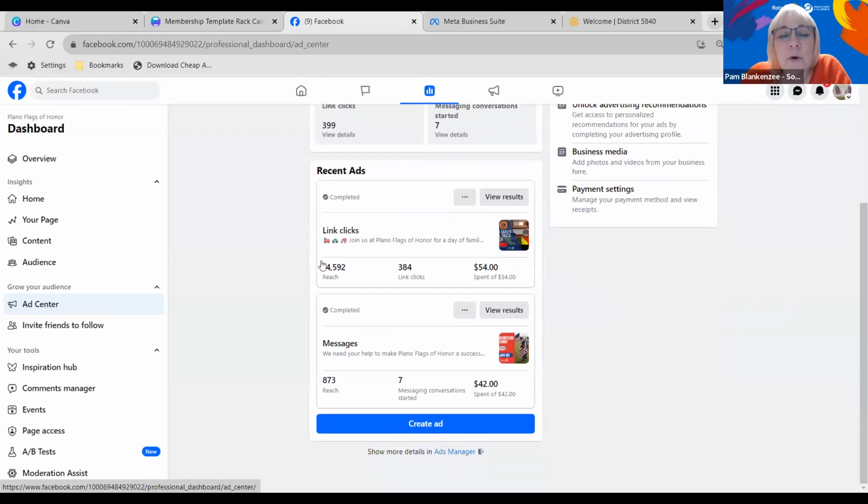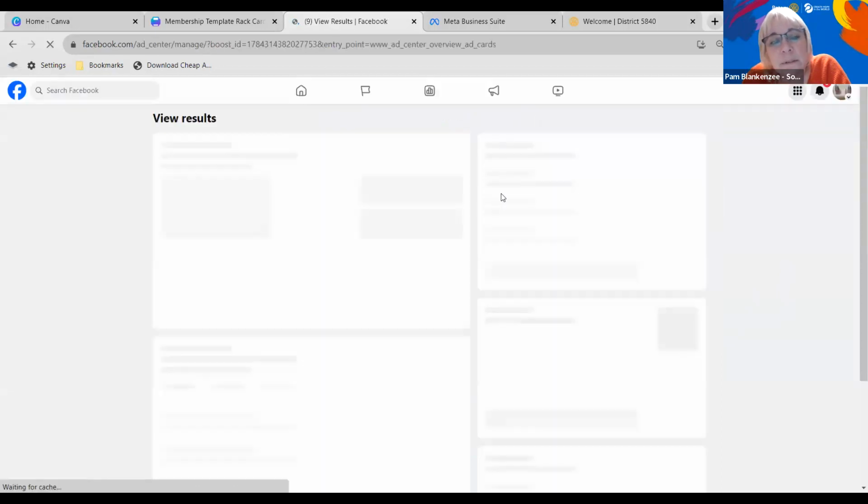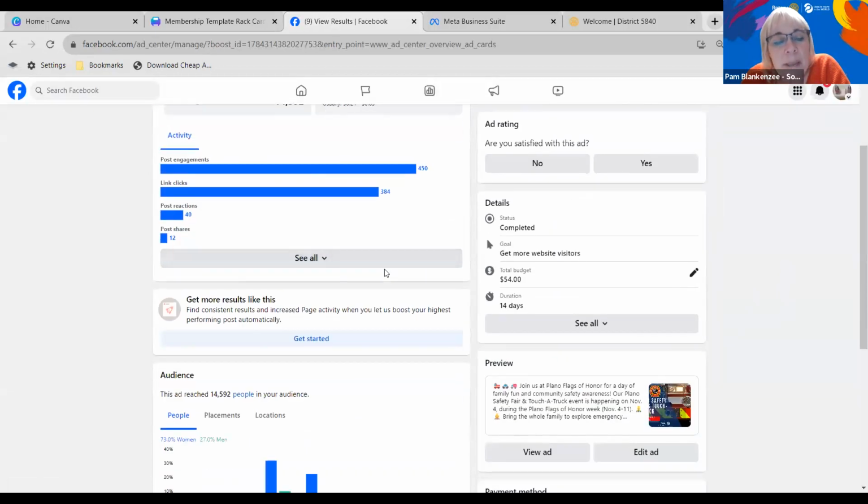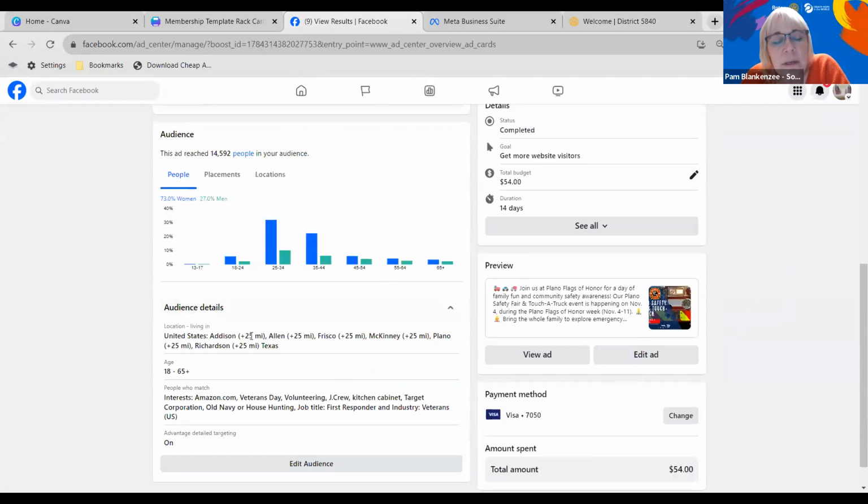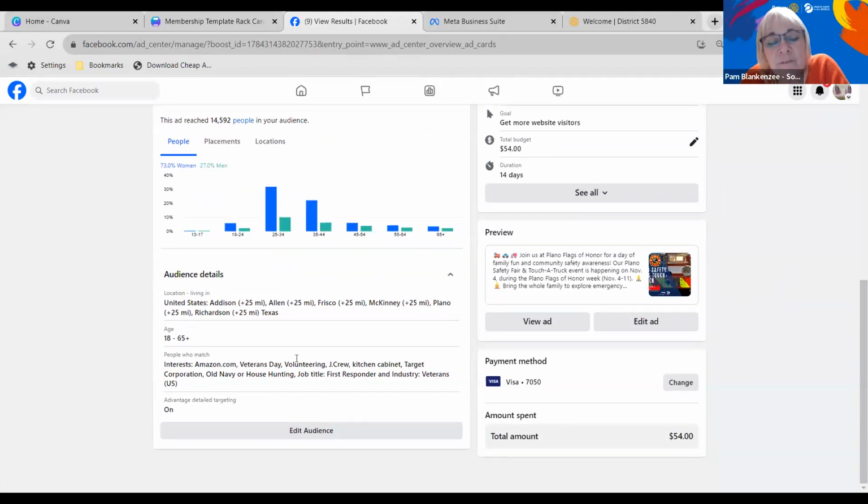Okay, well, thank you. So for this one, I had two ads. I wanted to promote the Plano Safety Fair. I made a big enough audience in the area of Plano, 25 miles around that area. And I put certain interests like Veterans Day and volunteering, things I thought would be the target audience for people who would come out to the Plano Safety Fair, which is a huge